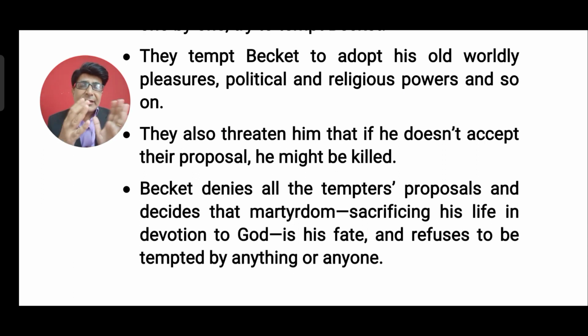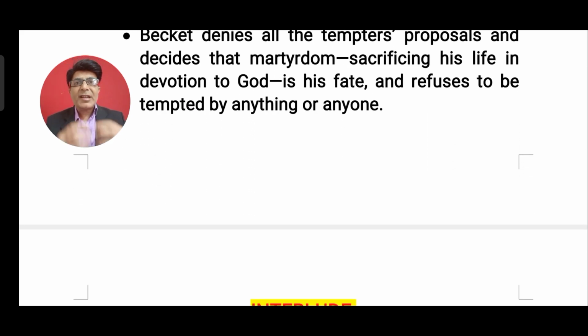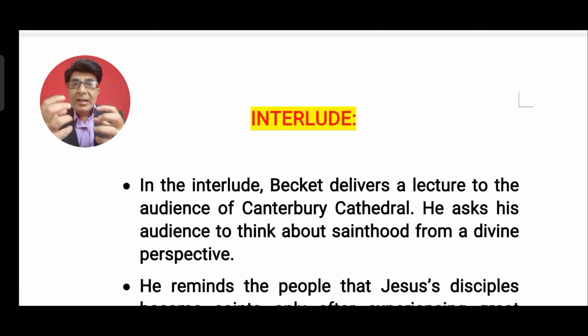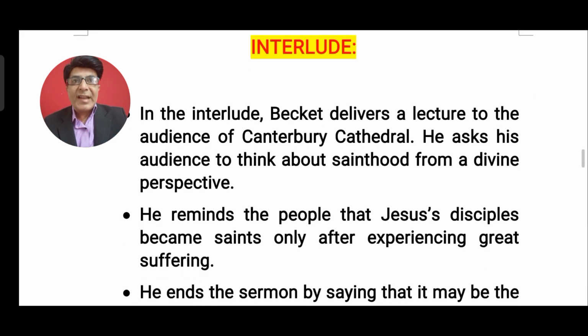This scene presents a psychological and spiritual fight between good and evil. In our own lives also, you all must have experienced this conflict between good and evil many times. Various people, things, situations and circumstances tempt us to live a material life, a worldly life, but man's only motto and goal should be to achieve salvation, to keep away from these temptations. Then part 1 comes to an end.